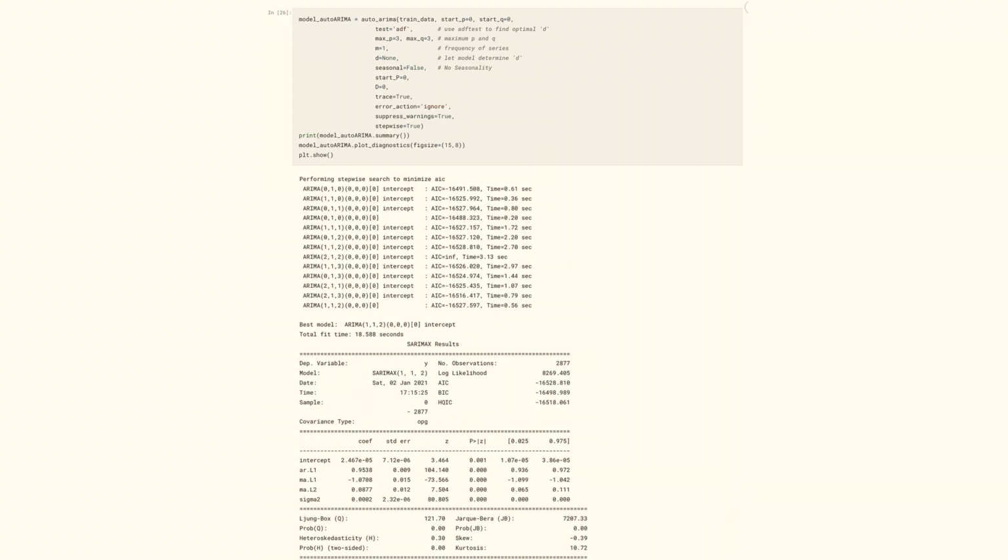ARIMA automatically discovered the optimal order for an ARIMA model. The auto_ARIMA function seeks to identify the most optimal parameters for an ARIMA model and returns a fitted ARIMA model. This function is based on the commonly used R function, forecast auto.arima. The function works by conducting differencing tests, i.e., Kwiatkowski-Phillips-Schmidt-Shin, augmented Dickey-Fuller, or Phillips-Perron, to determine